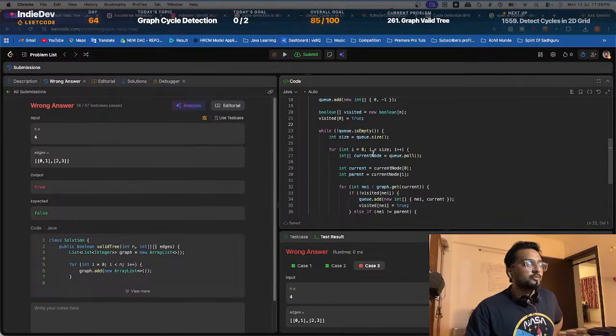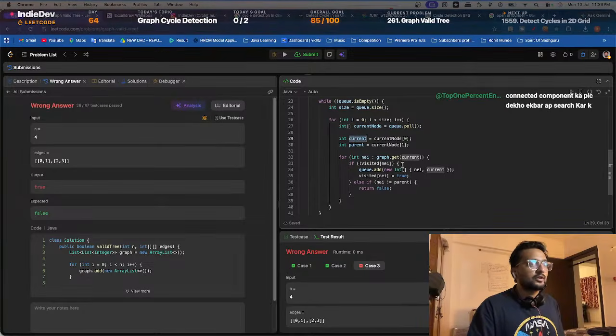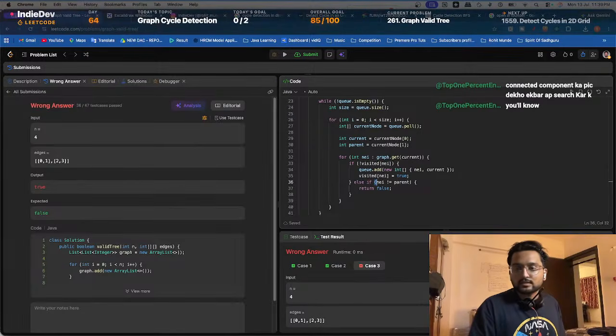So this while loop is going level-wise. So current will be the parent of all the neighbors. That is what I am adding. And if this neighbor is not equal to parent, then this